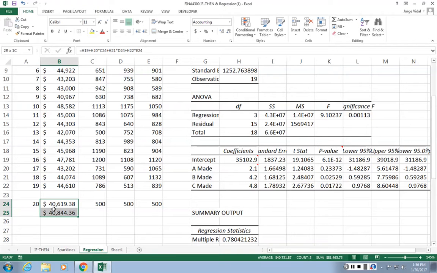Look at the total cost. In this one, how much do you have to budget for expenses? 40,620, and this one 40,844. So if you want to play it safe, which one will you use? But what if you need a little more money because you under budget your expenses? So if you go with this one,